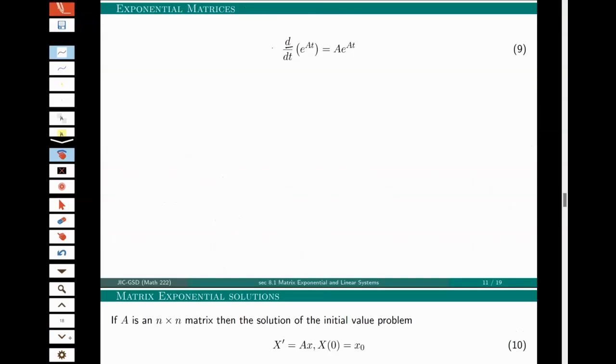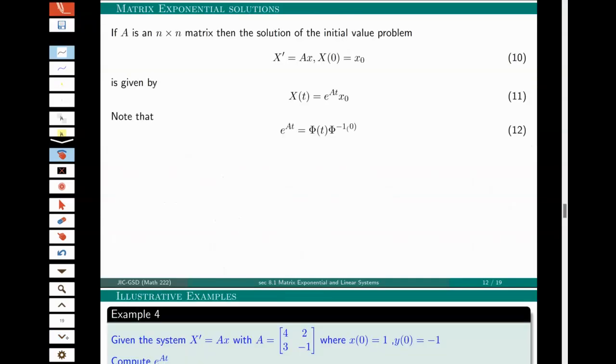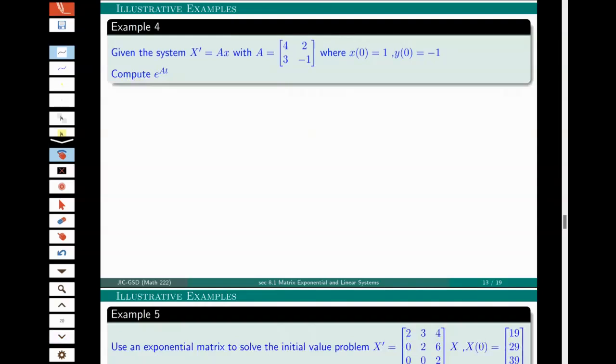Now, that's the whole thing in this section. Now I'm just repeating similar questions of what we have done previously. There is no new idea after example number 4. So what I have here, we need to compute e to the power at. What is our first step? We had in example number 1